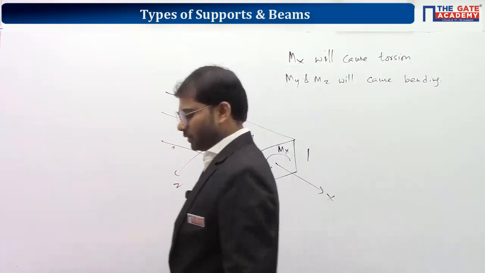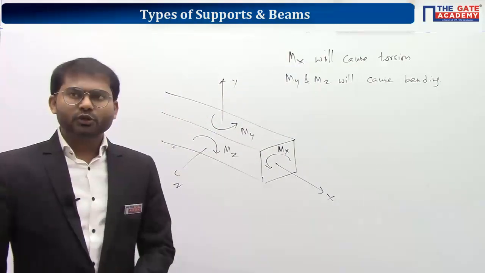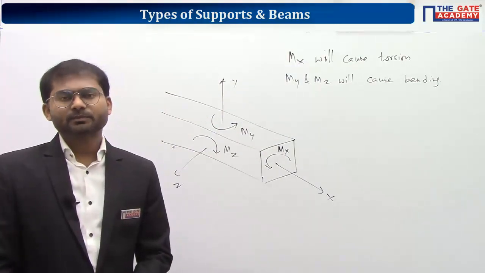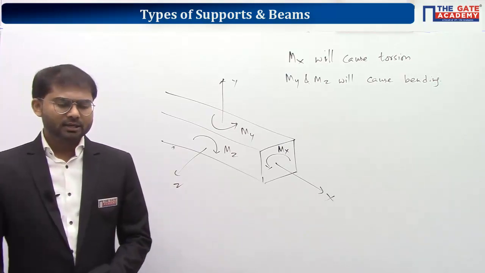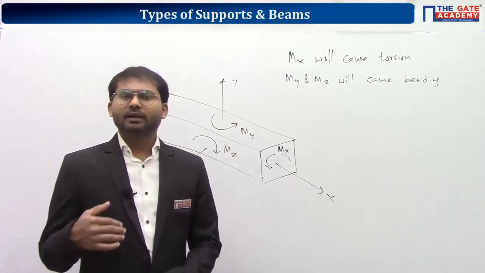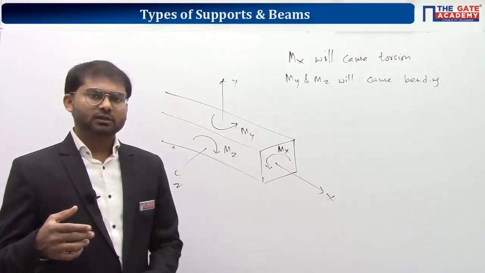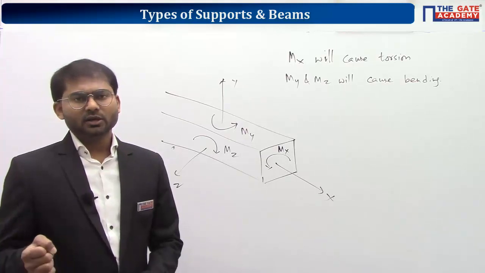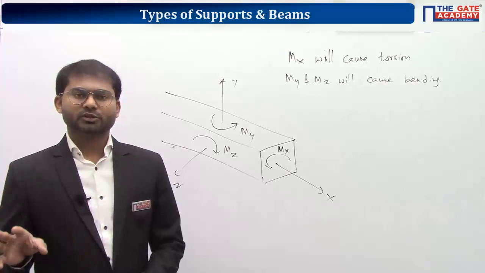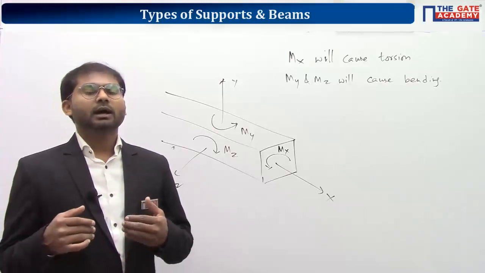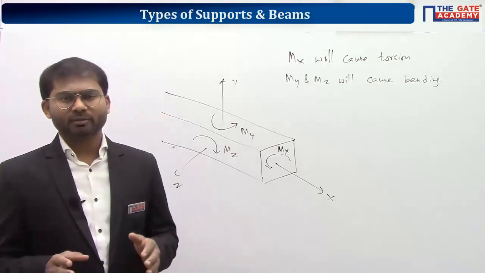You can copy the diagram on the board as well. It can give you clarity. I would like to show you some pictures of beams to clear one very big misunderstanding, that a beam should always be horizontal and a column should always be vertical. There is no strict statement like that. Your beam can be both horizontal and vertical, and your column can also be both horizontal and vertical. The definition of beam or column is completely based upon the way the loads or moments are acting. That's all.